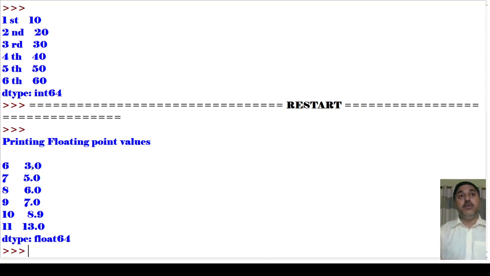Before that it will stop, isn't it? So 6, 7, 8, then 9, 10, 11, then it has stopped, because I have given 12 here. So it will run up till 11, and when it comes to 12 it will stop. Okay, so this is the particular thing that we can see.